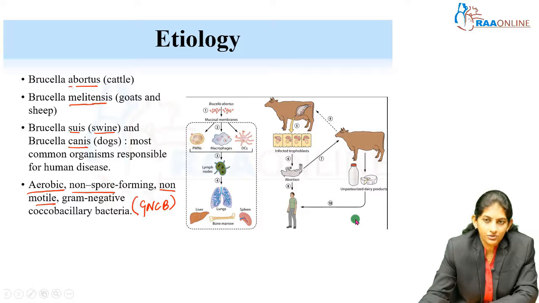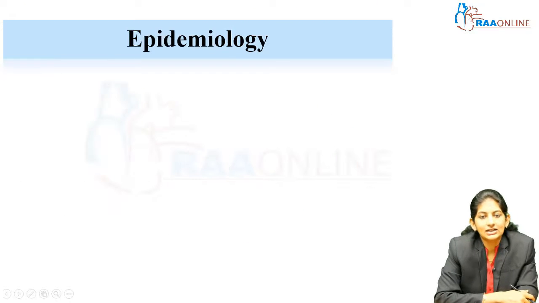this results in brucellosis. Brucella basically attacks all the mucous membranes, so the entry point will be the mucosal membranes. Once it has entered, it causes a widespread inflammatory response. It increases the neutrophils, macrophages, dendritic cells, etc., and it stays in the lymph nodes. It causes reticuloendothelial hyperplasia, and from here the reticuloendothelial system disseminates into various organs. It goes into the lungs, the liver, bone marrow, and spleen, where it stays and causes further clinical